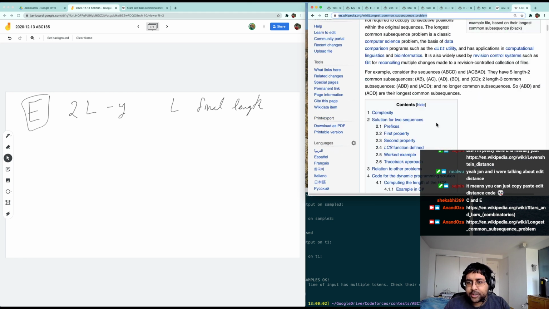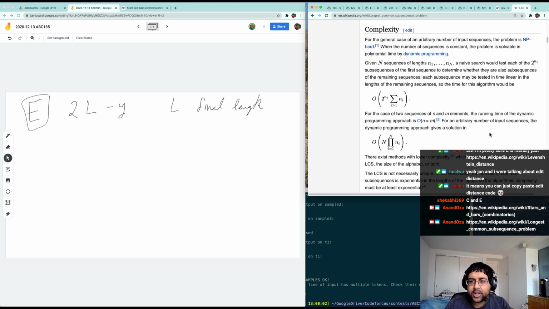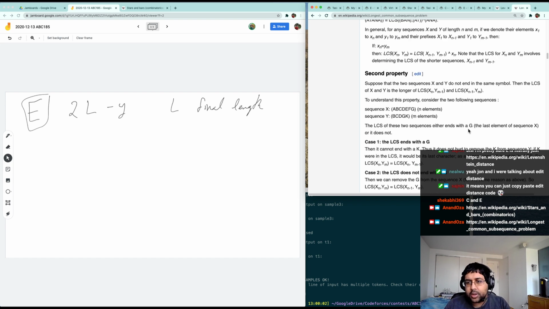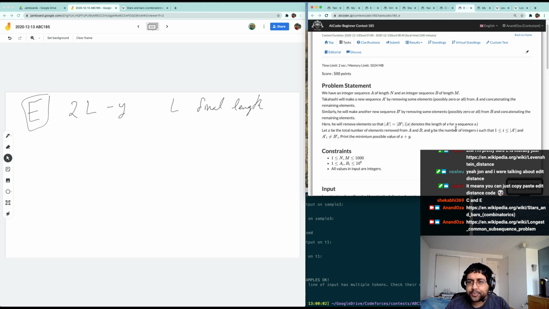But this is a pretty standard problem. I definitely recommend being familiar with it. It's not super common for this problem directly to show up, but it's very common for a variant of it or the ideas behind it to show up. But basically, your transitions are, if you have your prefixes of the strings, let's say these are your two string prefixes, and you have the best possible answer for the prefixes, then if you're adding characters U and V like this,